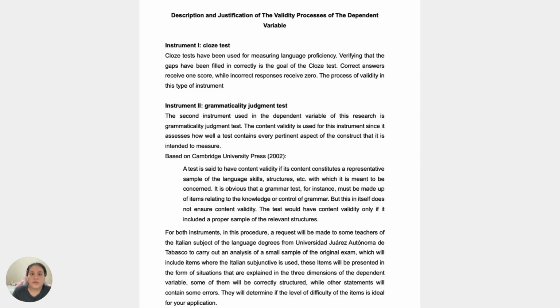Description and justification of the validity process of the dependent variable. Well, in my dependent variable, I have two instruments: a cloze test and a grammaticality judgment test. For both instruments,